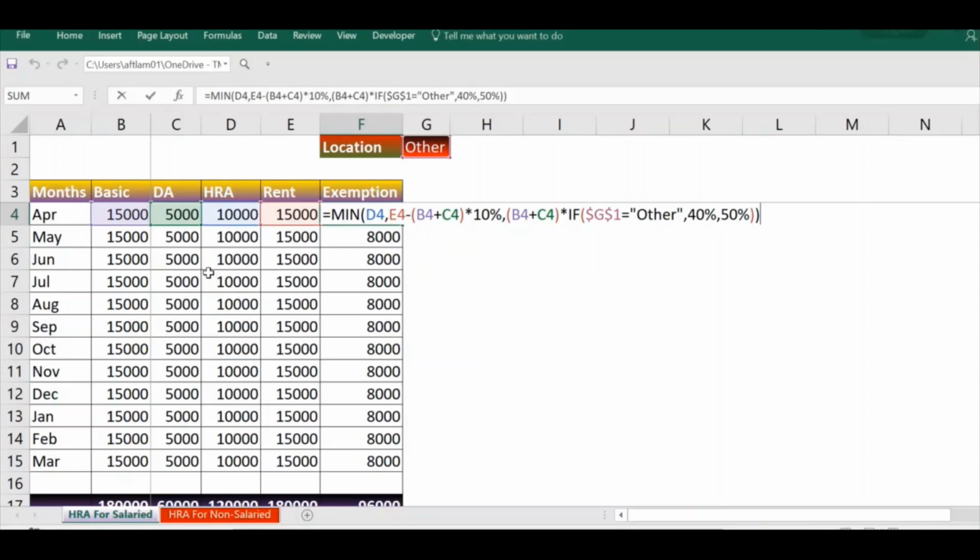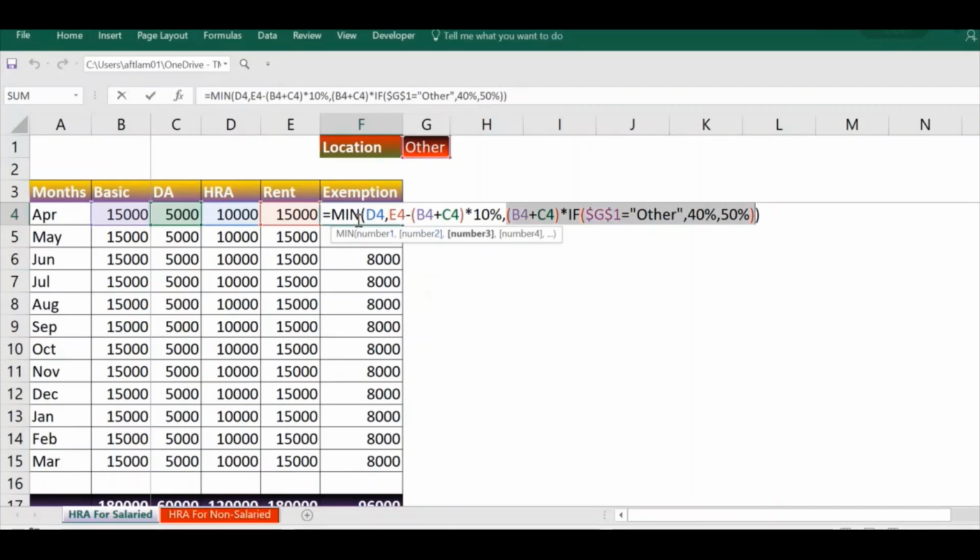So here you can see the first condition is actual HRA received. Then the second condition, rent paid minus 10% of basic plus DA. And the third condition is 50% or 40% of basic plus DA as per the location.